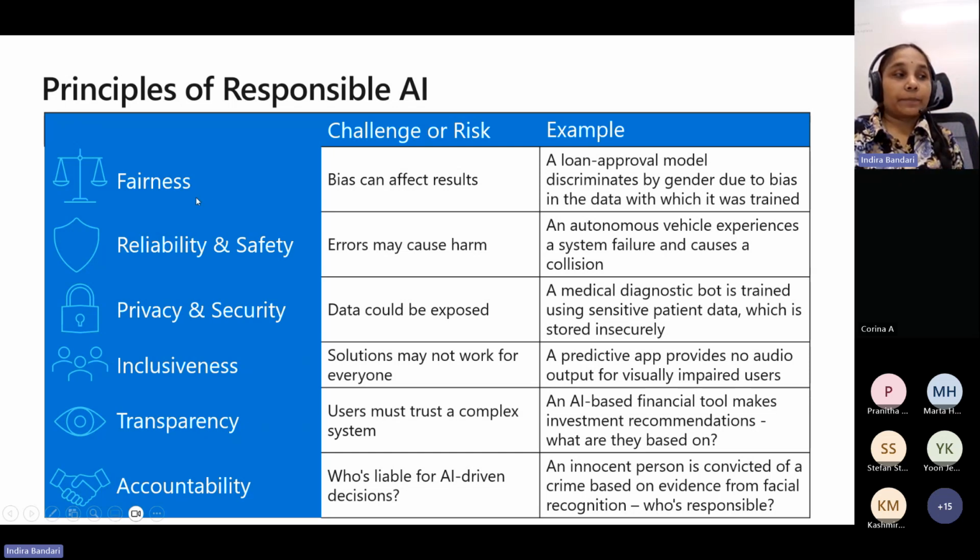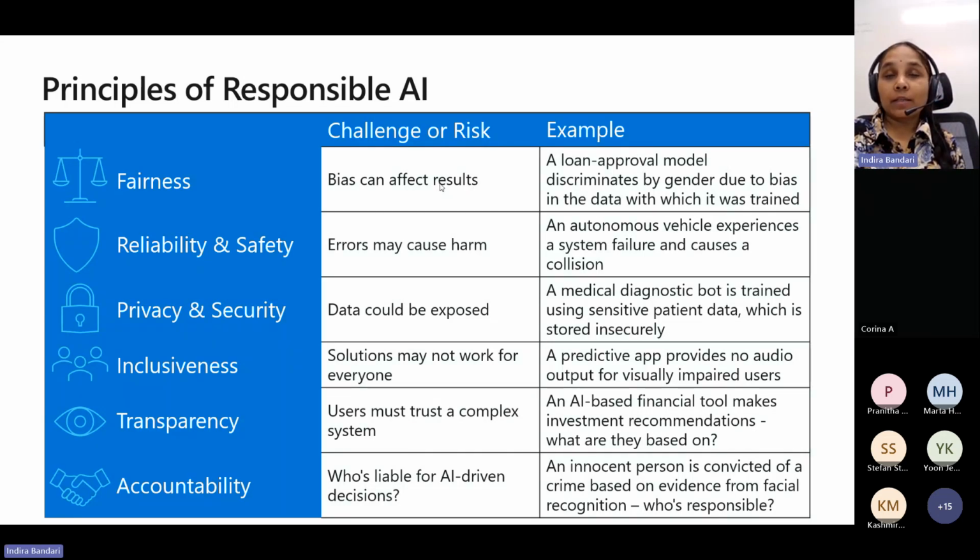First thing is fairness. AI systems need to be fair. So what is meant by fair? Fair means you should not have any bias. As humans, we tend to have bias. For example, if you have maybe 5 or 6 kids, the mother might tend to have a bias towards maybe 1 or 2 kids, and sometimes the mother will take the side of the favorite child.